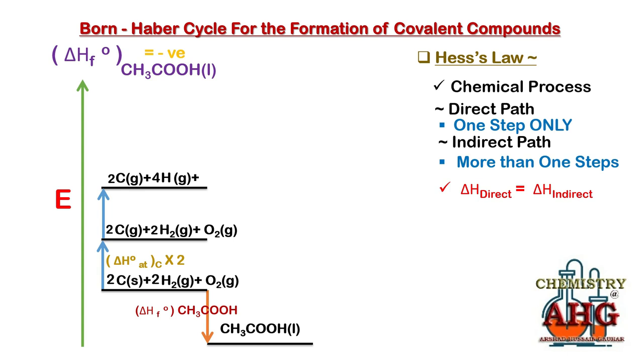And one more thing, why are we moving upward? Because in atomization bond breaking is always involved. Whenever a bond is broken, energy is absorbed, and whenever energy is absorbed, obviously we will move upward. Okay, now you will label this reaction arrow as enthalpy change of atomization of hydrogen multiplied by 4, since hydrogen atomization enthalpy is written for each mole. So since there are 4 mole of hydrogen, we have multiplied this atomization by 4.